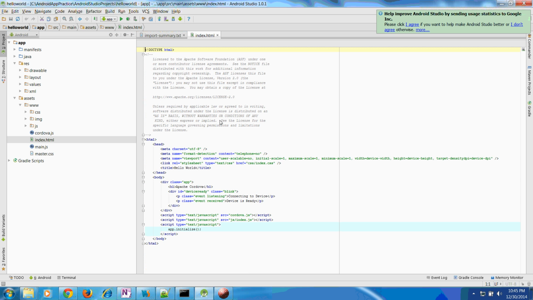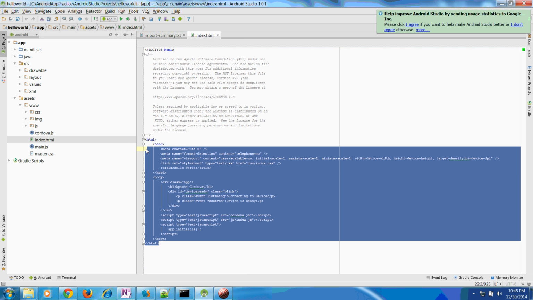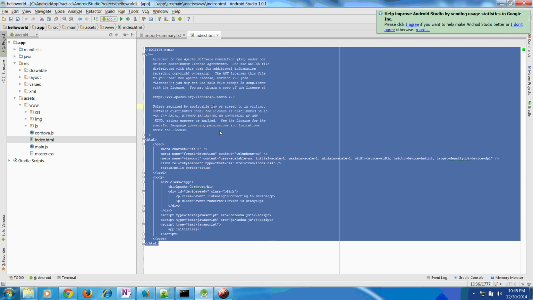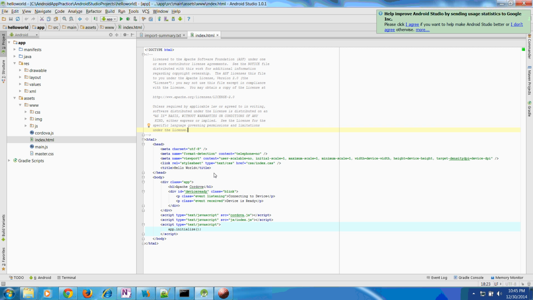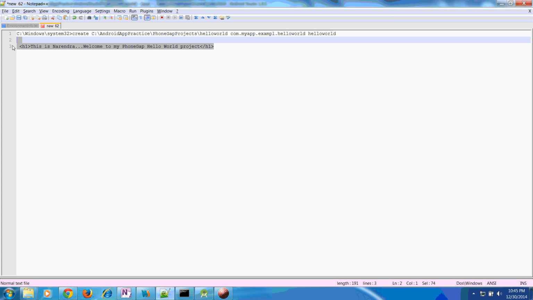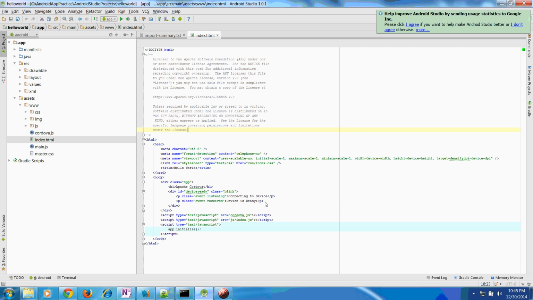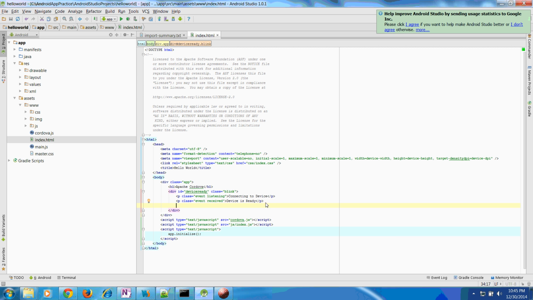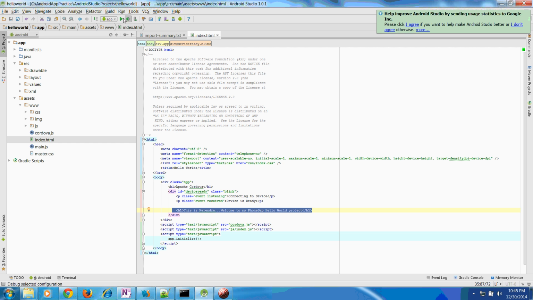So let us go to the index.html. This will be the HTML file that is loaded when you run your application. So let us add a line of HTML element just to ensure whether we are able to print it out or not. So I'm adding here in the body section inside it. So this is Narendra, welcome to my PhoneGap Hello World project. So we have added this line. Now your project is there, you just added this one. You need to go here and run your project. Once you run it,